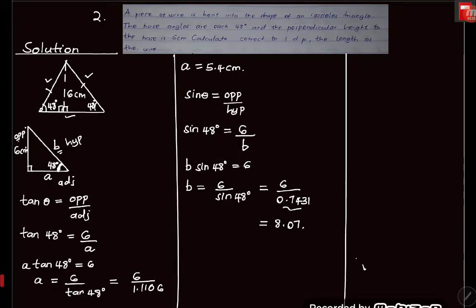So to do that, we need to get the base length. Base length is this length, which is formed by A plus another A. So this is equal to 5.4 plus 5.4, which is equal to 10.8. And then we have the two equal sides,